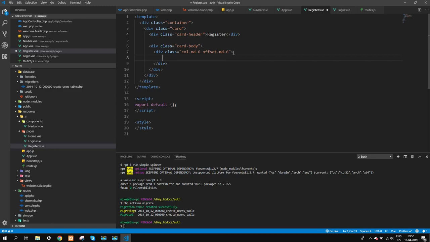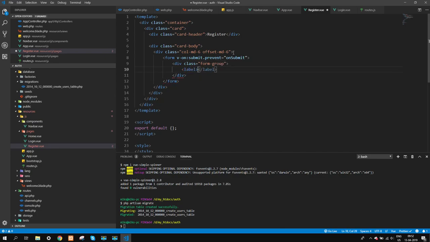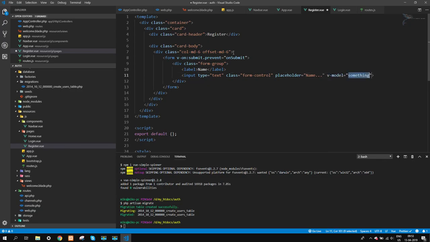And here we will say form v-on submit prevent on submit, and here we can say div class form group, and here we have a label called name, and we will have input type text class form-control, placeholder name, v-model name,